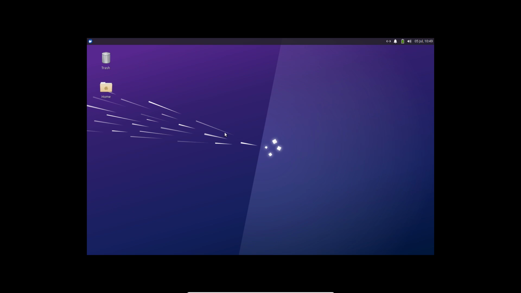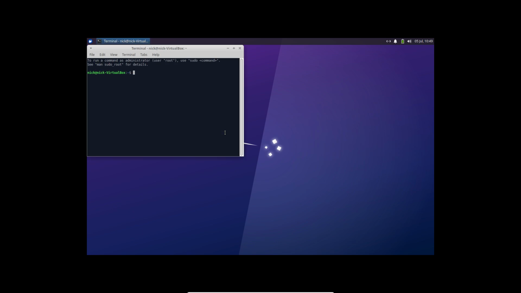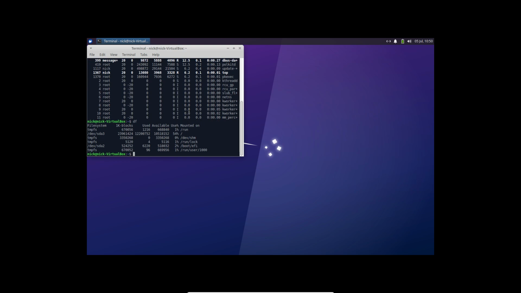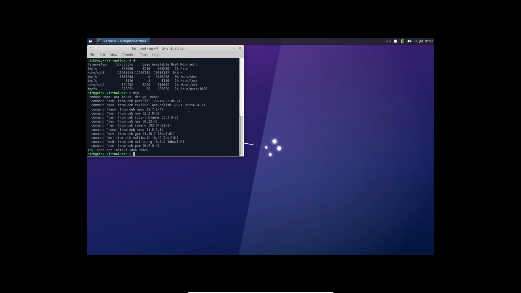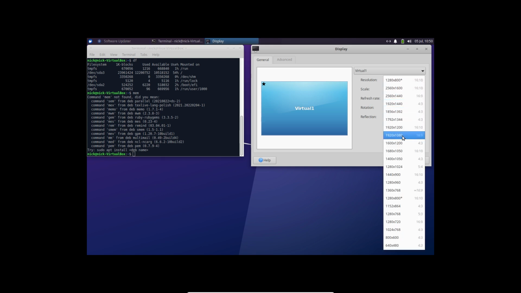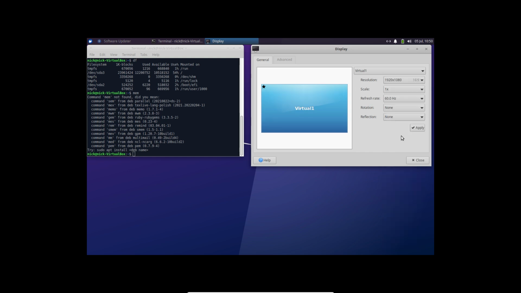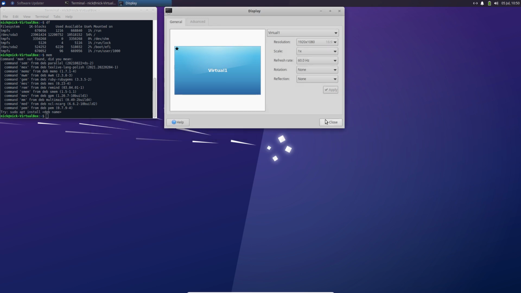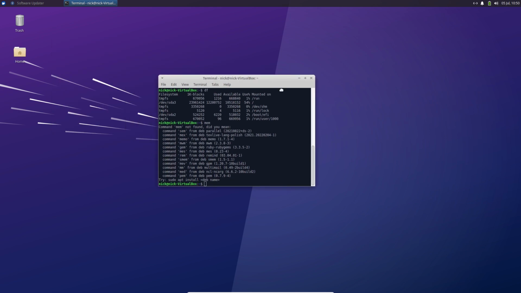There's a Linux system. So Control-Alt-T brings up a window, and you can look at your processes and see your disks and your memory and all that other stuff. I don't have memory installed. Alright, and also Windows key P will bring up my display manager, and I'm going to make my display full size, so I'll apply that, keep this configuration, and so now I've got pretty much a